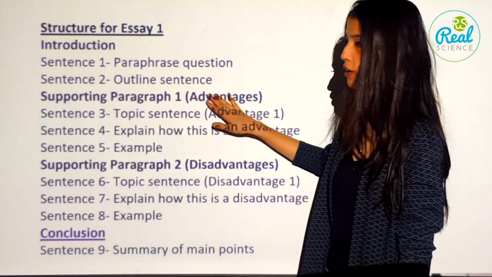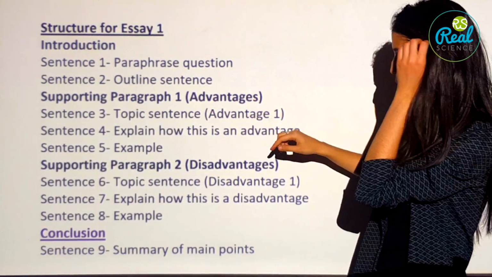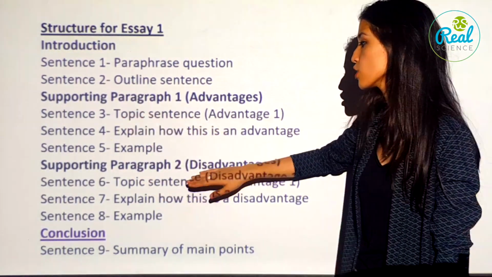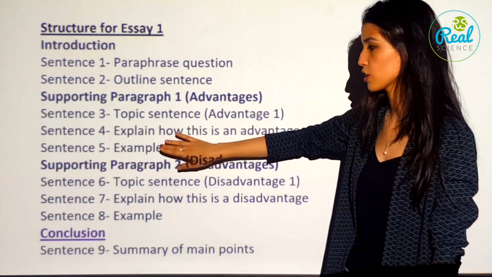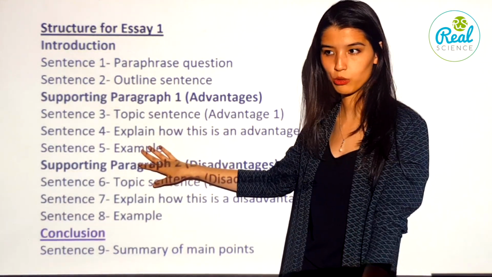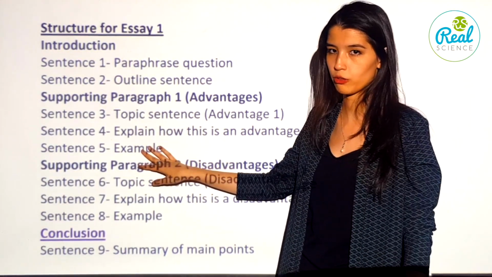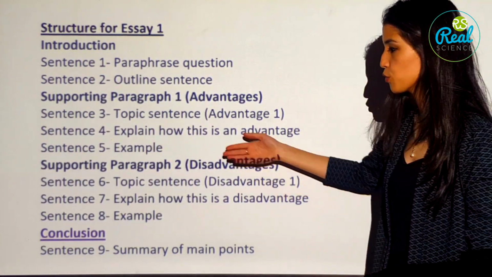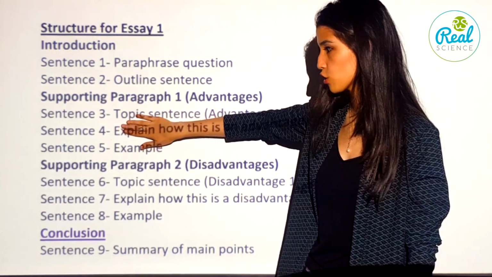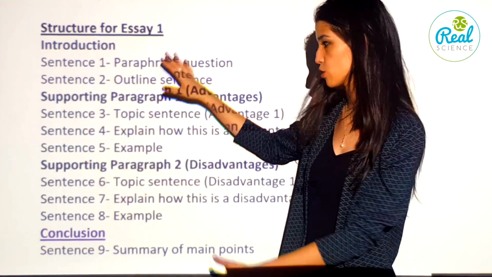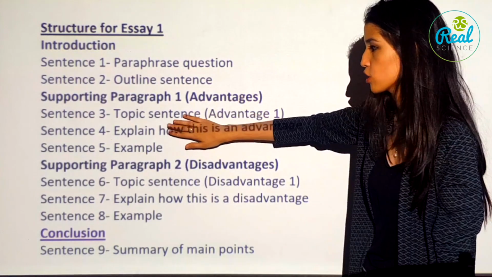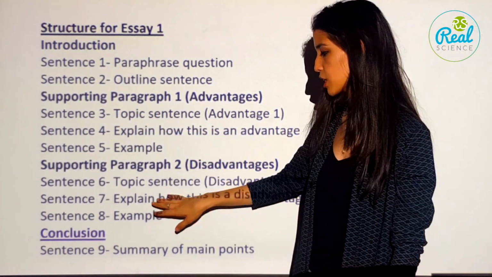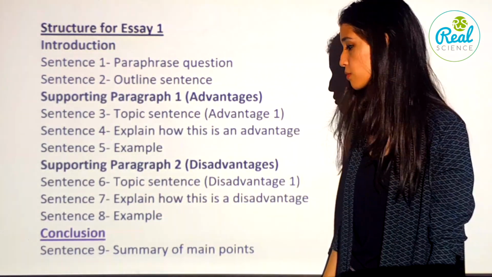Then a new paragraph, B1, advantages, written in the brackets. Then the topic sentence, where you mention the first argument, the first advantage, you explain what the advantage is, you give an example, and the concluding sentence is optional, as I have mentioned. If you are confident with your English, then please do give the concluding sentence. Then you move to your second argument, with the same structure. I only mentioned the first structure. Next one, disadvantages: topic sentence, explanation, example, the same.